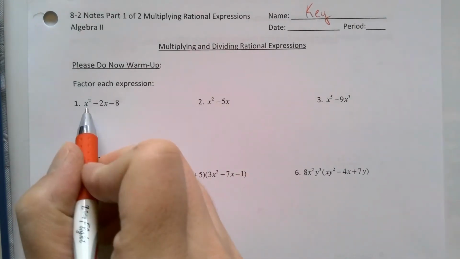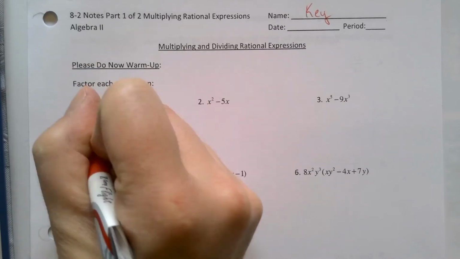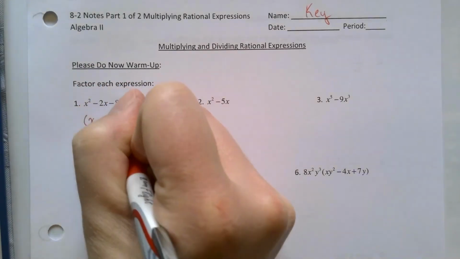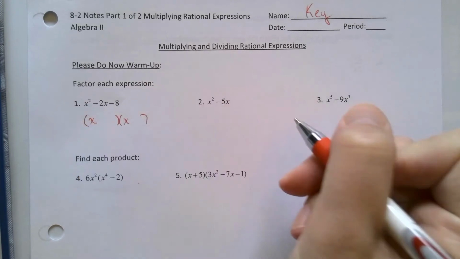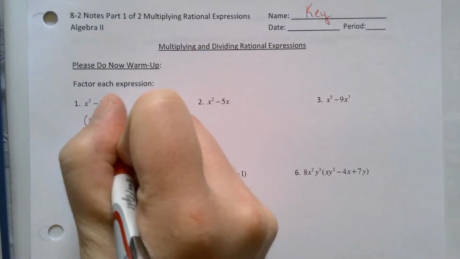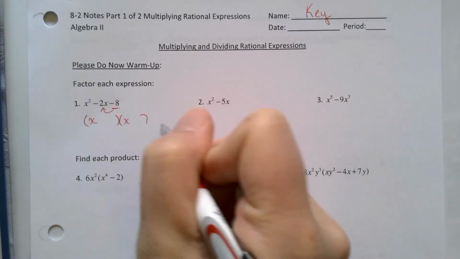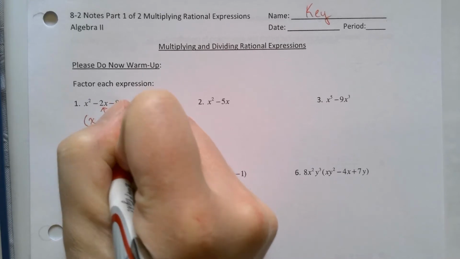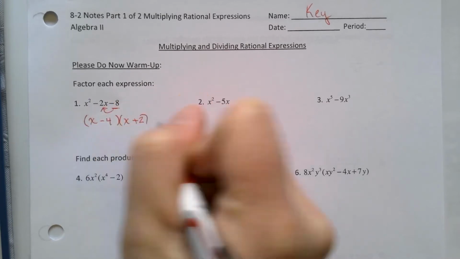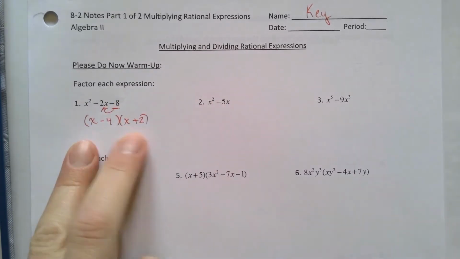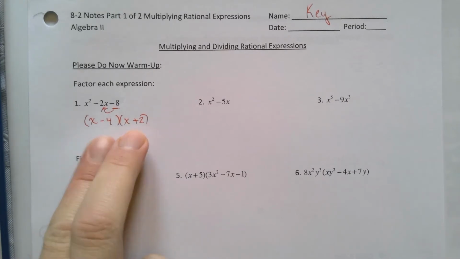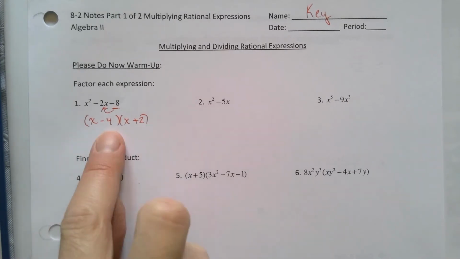I see that I have a quadratic, and again, this is just a refresher. So if I factor using my reverse FOIL, we would have x times x, and we need factors of -8 that add up to -2. So that's going to be a -4 and a +2. So double check yourself. We've got our x squared, we've got a +2x, a -4x, and then last is our